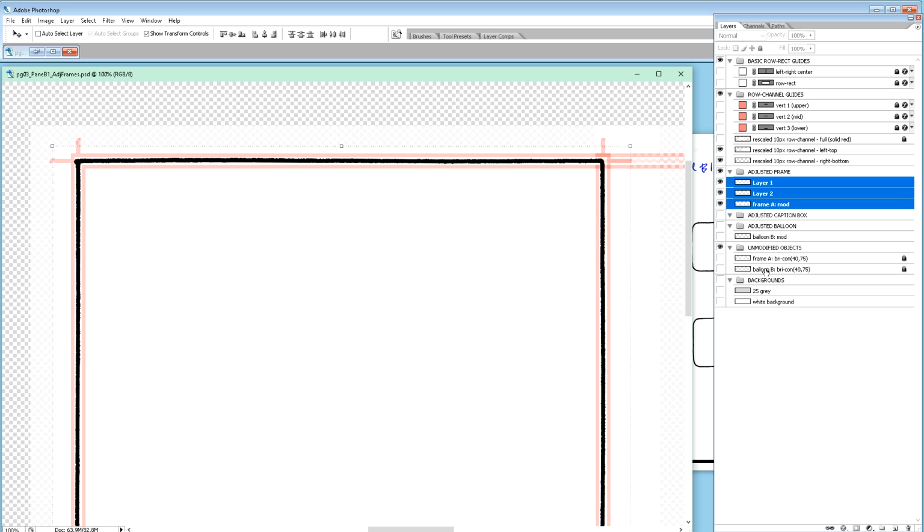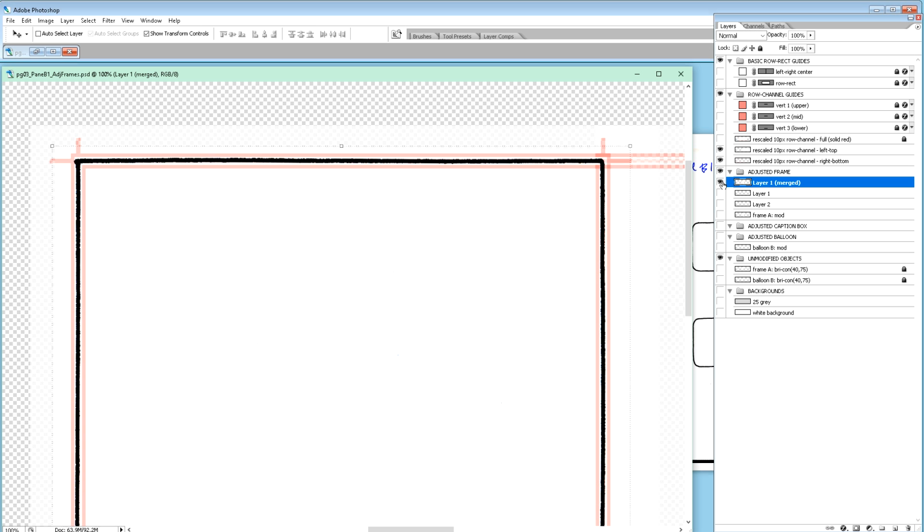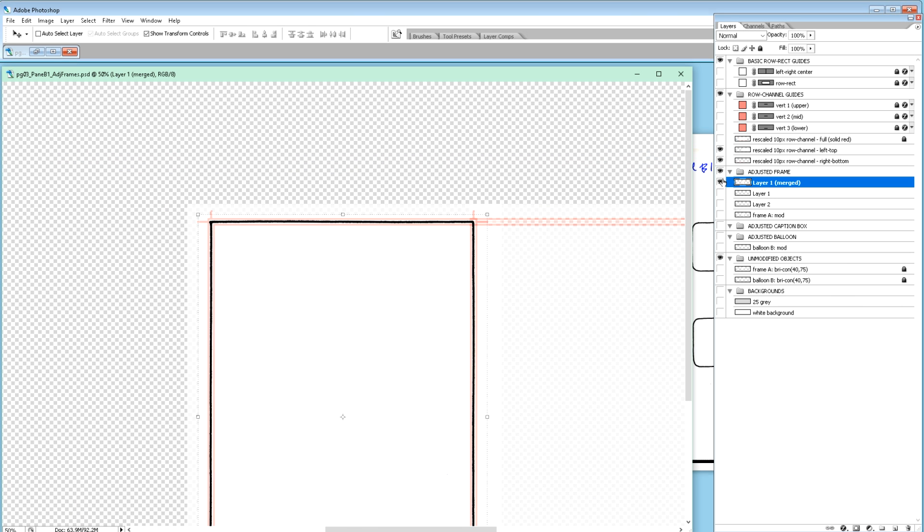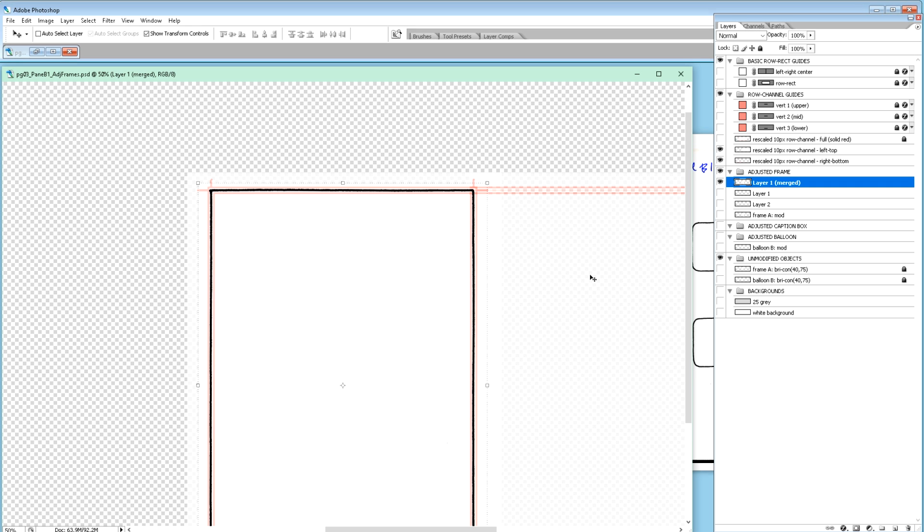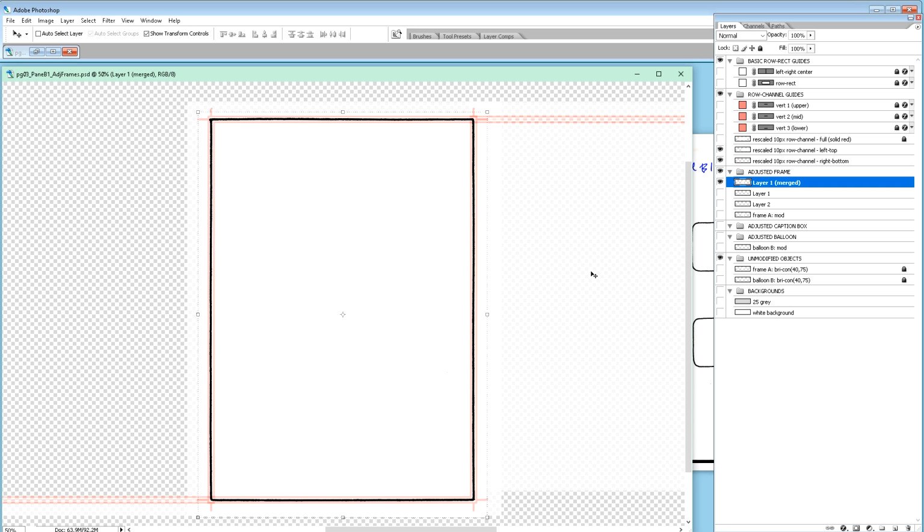We select all of them and we do a Control-Alt-E, and we hide the original ones, and we have one here in one layer. And we also note here that I could get away with all these rotations